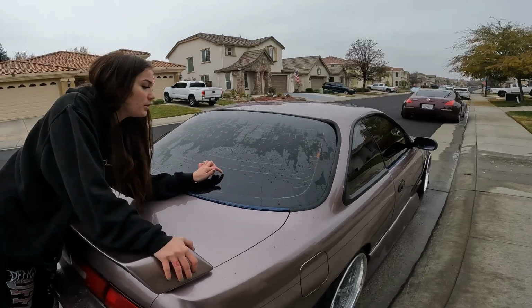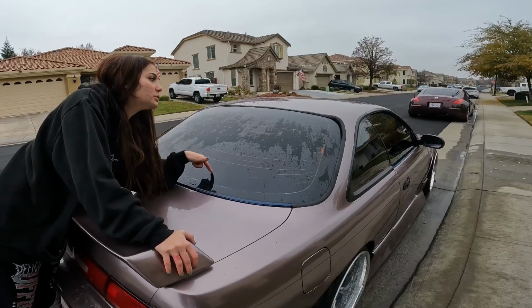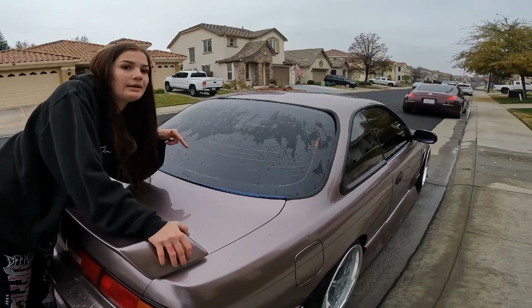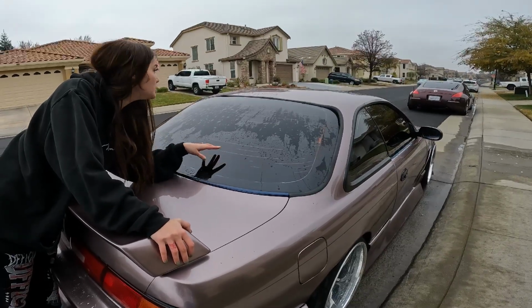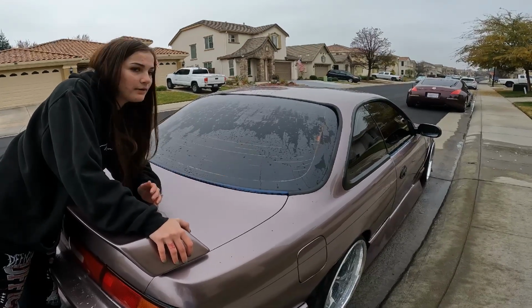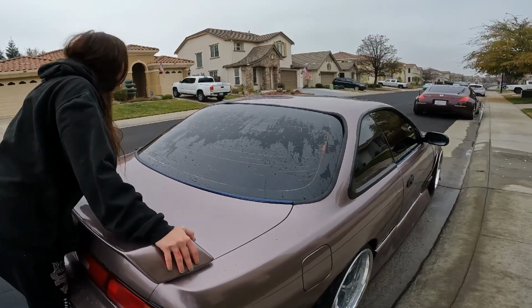I also need to go to a windshield person because when I was getting my car painted, all the windows had to be removed and they were not installed properly the right way. So this moves right now and the seals and everything just were not done the right way. So yeah,